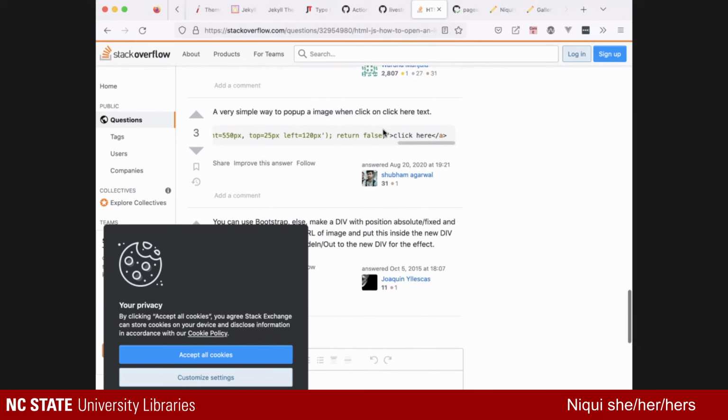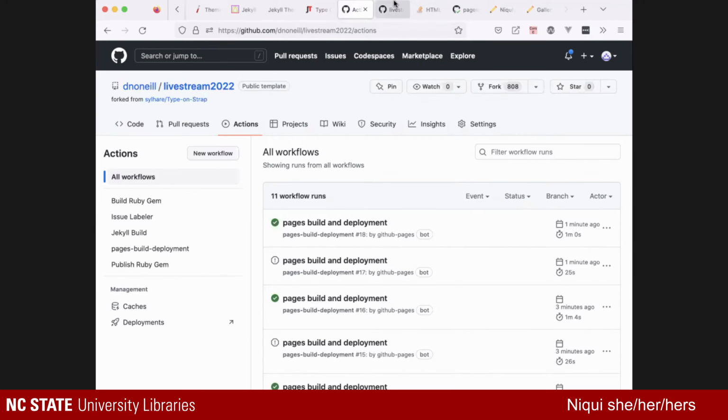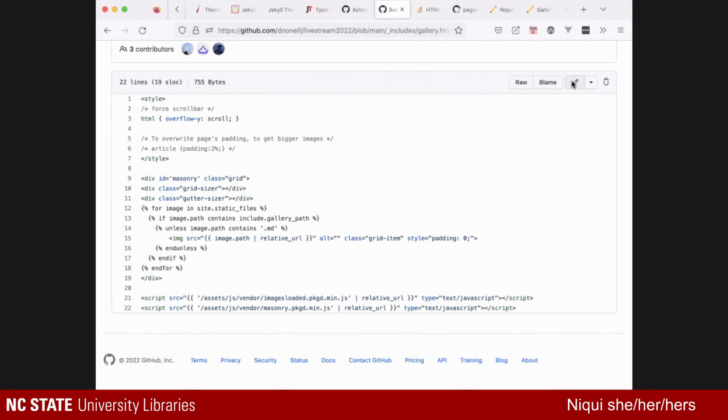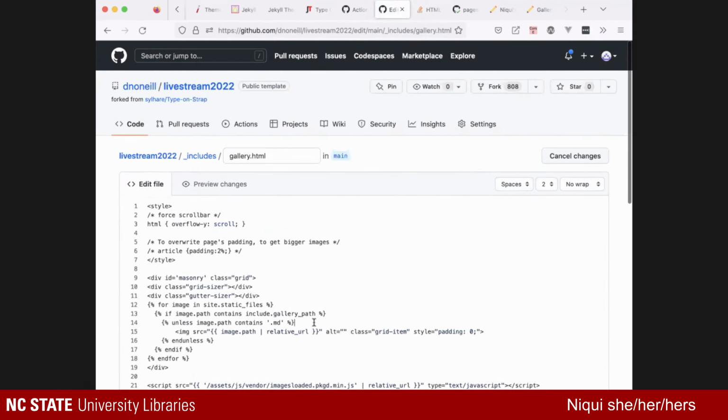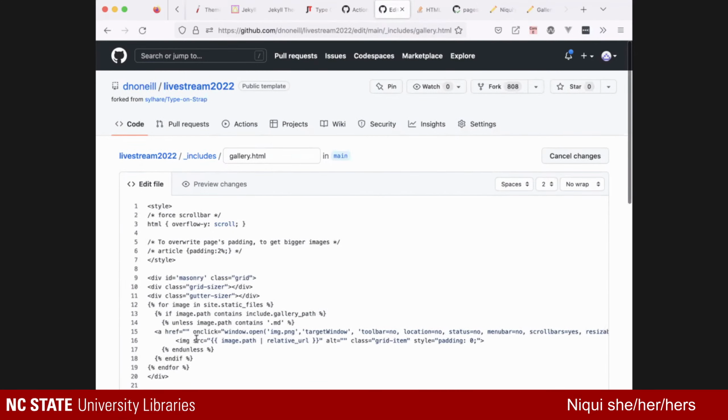Oh, look, this is very simple. Let's do this. Honestly, it's hard to read, so I'm just going to copy it and move it over to here. Okay, so what did I just copy? A link that